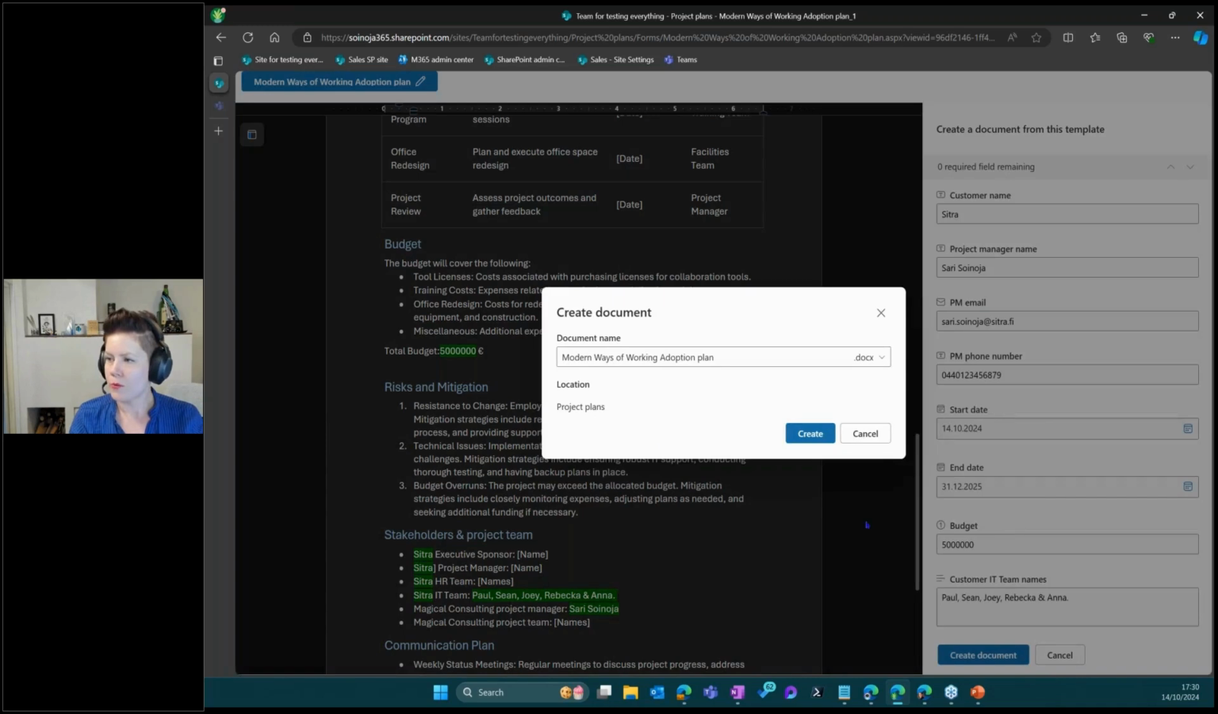And now I will create the document. And as you can see, as I filled out the fields, it changed the names and the details simultaneously on the document. And now I can choose if I want to save the filled out document as a Word document still, or if I want to convert that directly as a PDF. This is a whole new feature,